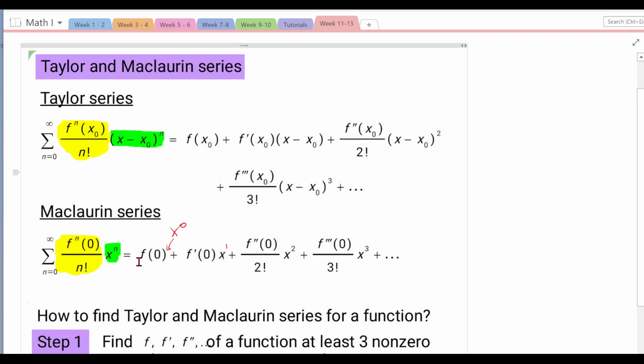So at the beginning, this is the value of the function at point 0 multiplied by x to the power of 0, which is 1. And then the next term is the first derivative of the function at point 0 multiplied by x. As you can see here, this is basically the coefficient, this is also a coefficient, and the third one here is also a coefficient. So again, let me just write down everything.